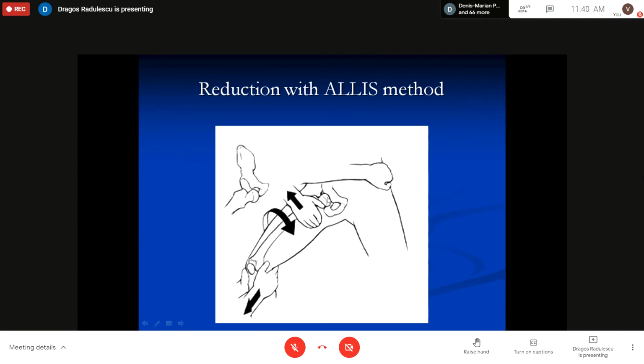You need to have one helper placing his hands on the pubis of the patient as a counter, while the examiner with both his hands on the knee of the patient does 90 degrees flexion of the calf and 90 degrees of the thigh, and does first of all traction in the femur direction,